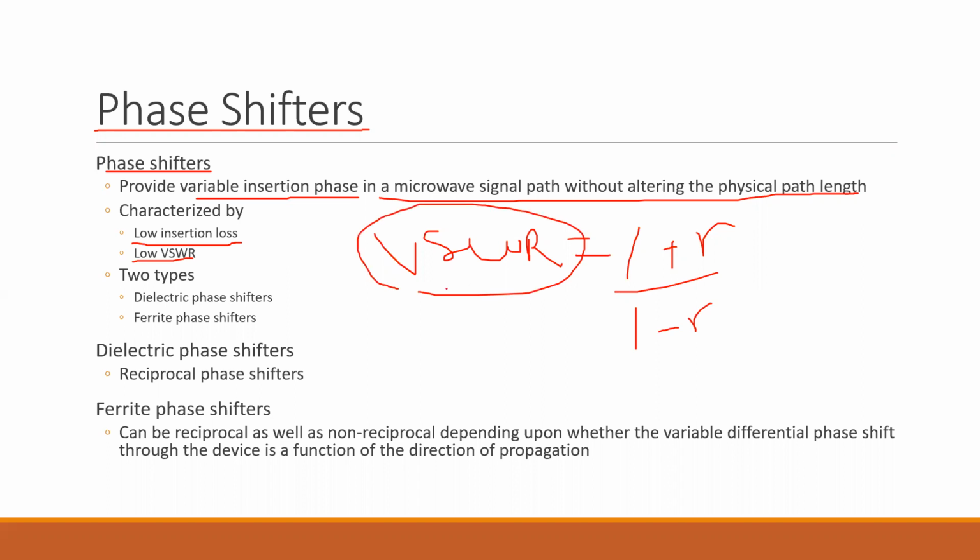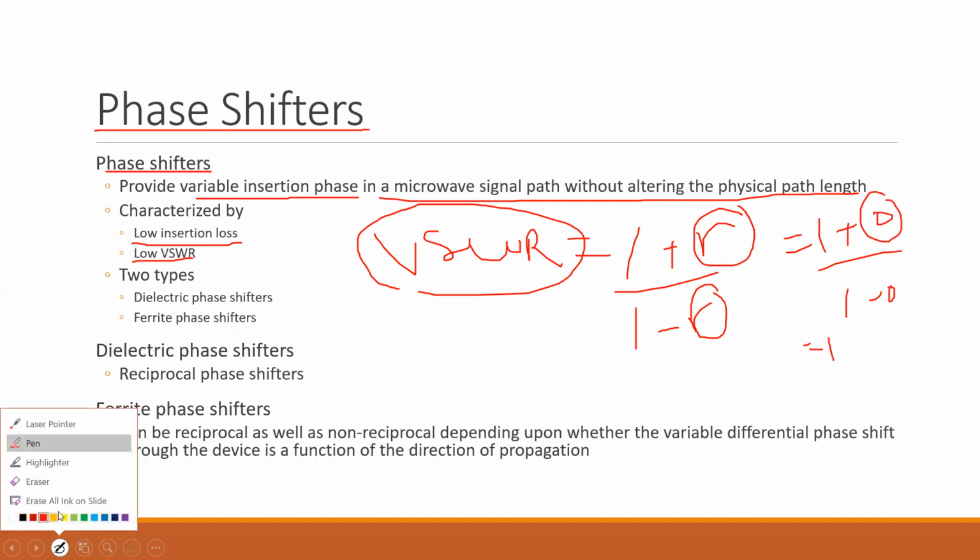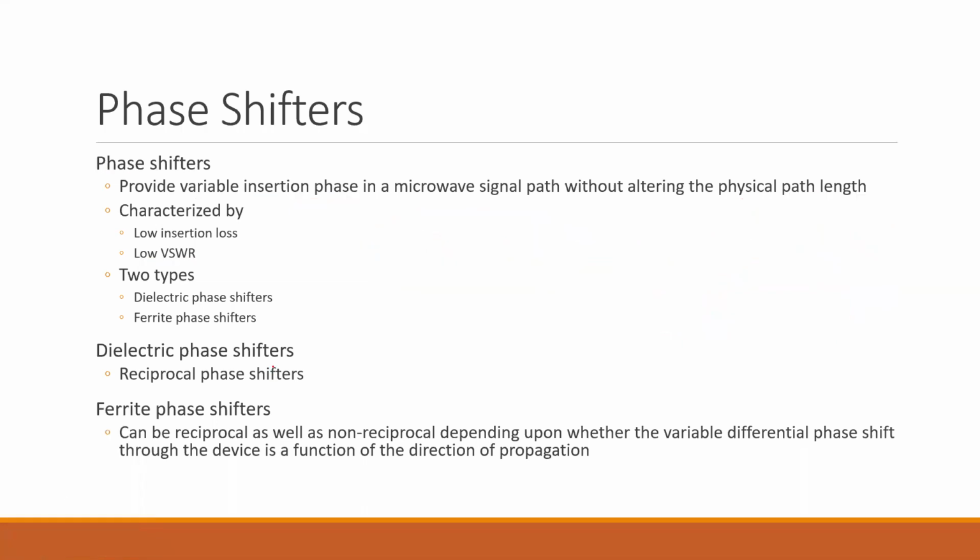It is 1 plus reflection coefficient divided by 1 minus reflection coefficient. So VSWR will be minimum when the reflection coefficient is minimum. So reflection coefficient minimum value is what? It is 0. So it is 1 plus 0 divided by 1 minus 0, which is 1. So if reflection coefficient is 0, it indicates that the device introduces no reflection, and due to the insertion of the element, there should be no losses being introduced. Even it holds for the previous discussion.